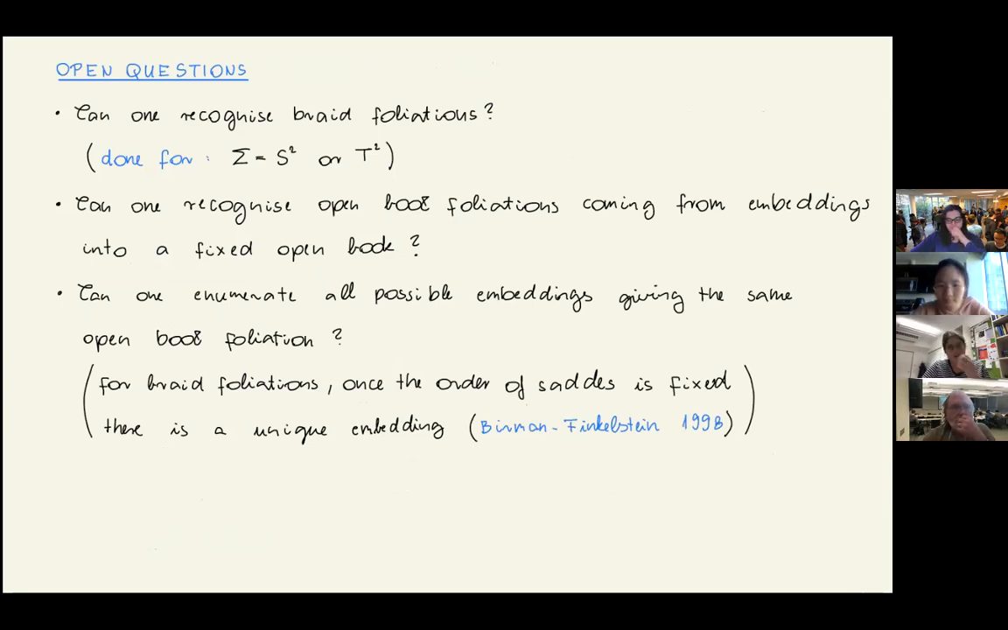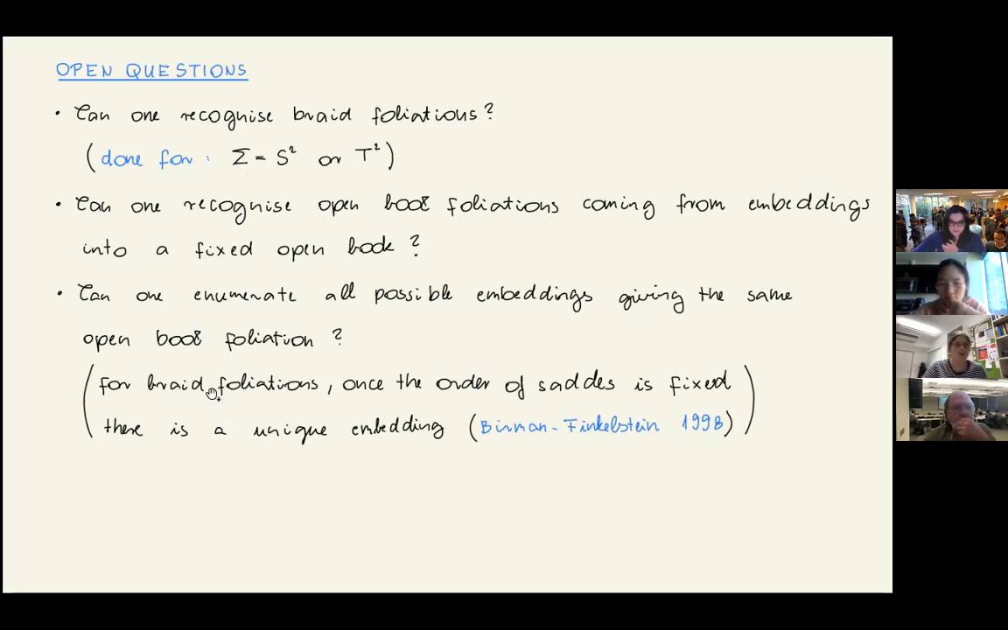Can you recognize braid foliations in general? This was the question John had. Can you recognize if you can really embed it into a disk open book, or can you recognize it for embeddings into any other fixed open book, or can you enumerate all possible embeddings giving the same open book foliation? Some of the questions are answered in some special cases. This one is answered for S2 and T2, so for the torus, all foliations which can be embedded into a braid as a braid foliation are classified, and